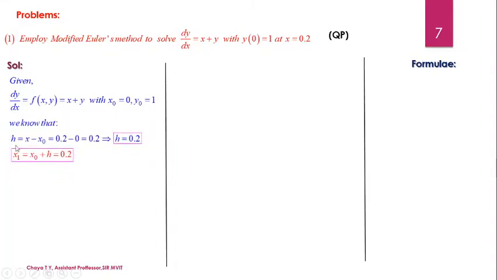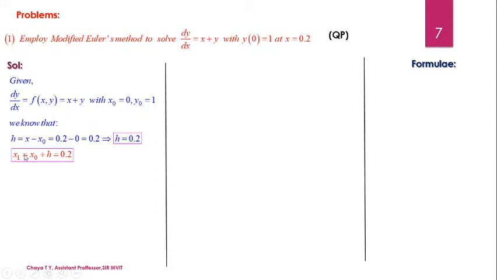Then we have to find the step length because we need to substitute the same into the formula. So what is the formula for step length? We have the formula for step length as x minus x naught, where x is 0.2 and x naught is 0. Which implies the value of the step length for the given problem is h equals 0.2. Similarly, I need the value of x1 in the modified formulae. So I am going to first find the x1 value.